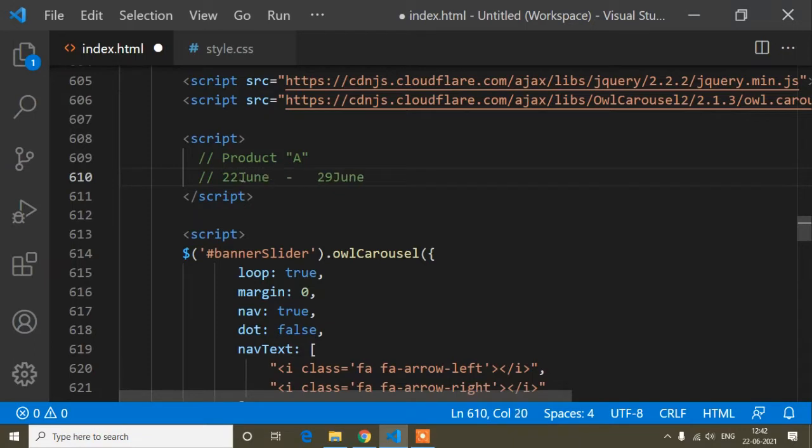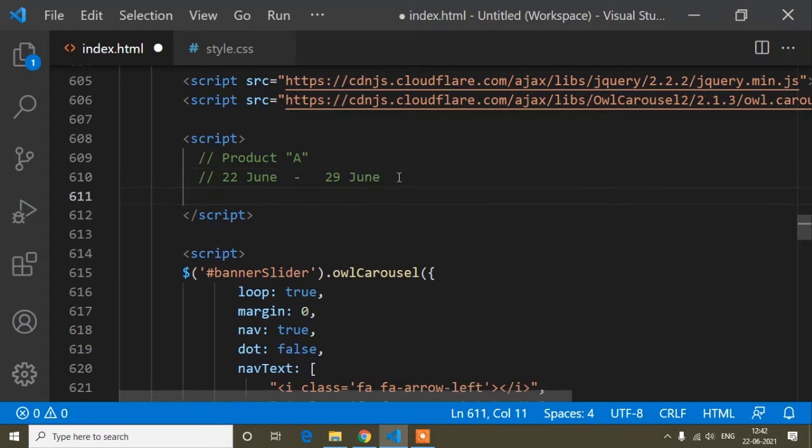Okay, so the offer starts from 22 June to 29 June, so that means people have 7 days left, right? 7 days left for all the people to get this offer. So that is actually the countdown date.